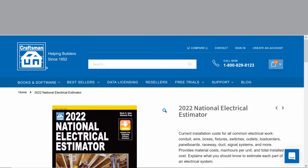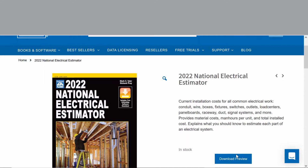Now, this is a good option. This is the Craftsman Bookstore, and their web address is just craftsman-book.com. And this book right here will enable you to do a hand takeoff. So let me scroll down just a little, and you can see there's a preview right here. I'm going to open that up,